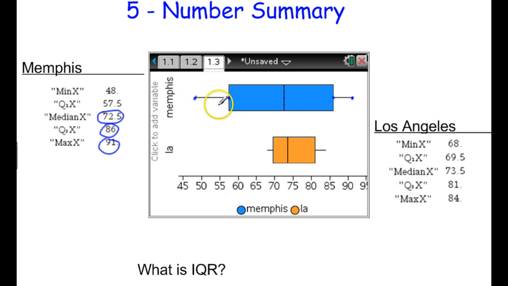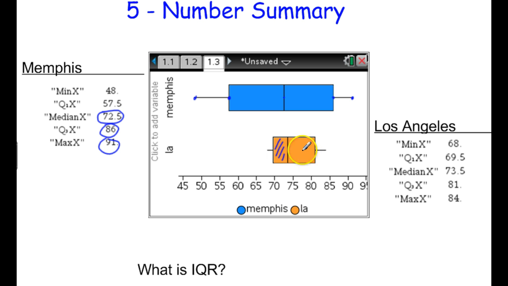And so those 5 numbers, if you know those 5 numbers, you could plot those points and then basically draw your box. And you see how much data is in, say, this right there. What percentage of the Los Angeles data? There's exactly 25% of the data there. Exactly 25% is there. 25% is in this part. 25% is in that part. So it really breaks it up into 4 equal chunks, even though one may be more spread out than another.